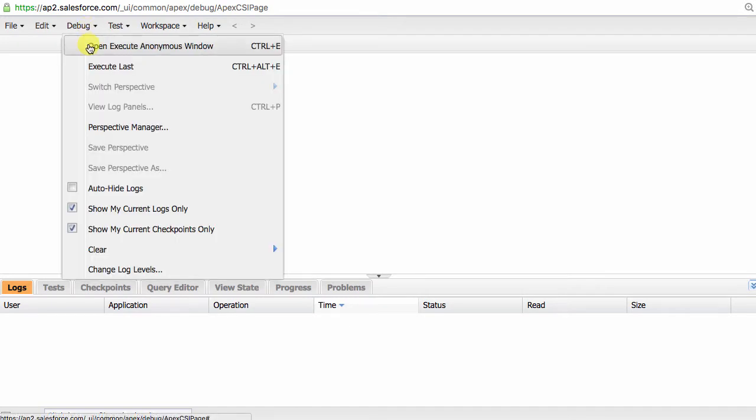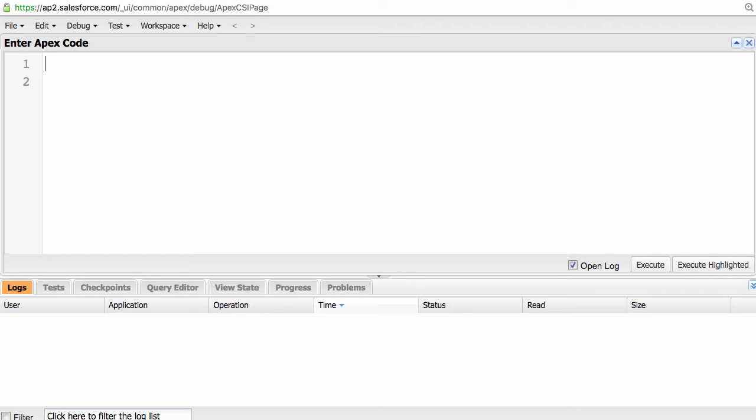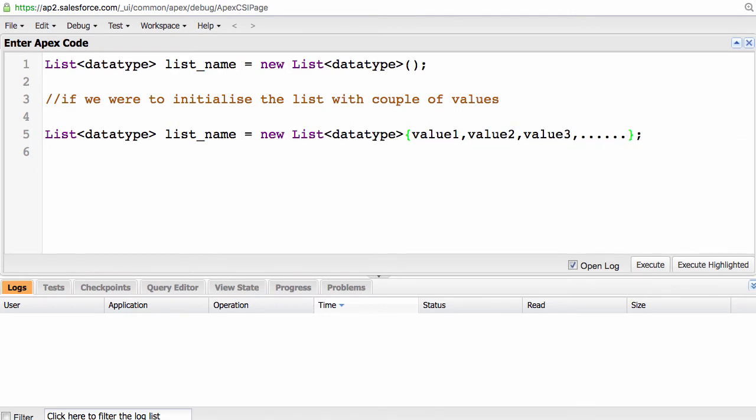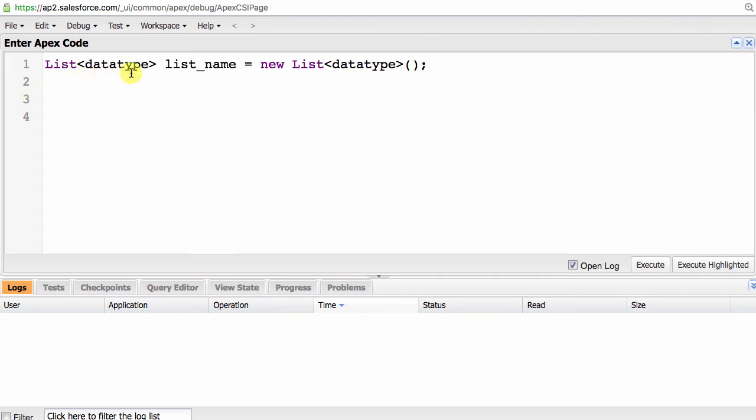We can use our developer console to write code. Let me open the Execute Anonymous window. In Apex code, we can define a list using the following syntax: List, data type, list name equals new List, data type. I know, it might not be so easy to remember, but you'll get used to it. If we were to initialize this list with a couple of values, it would look something like this: List, data type, list name equals new List, data type, along with these values. Let's define a list called platter with 3 existing fruit. Since we would be putting in names of fruit, the data type is String, and we are initializing the list with 3 values: apple, orange, and a banana. List<String> platter = new List<String>{'apple', 'orange', 'banana'};